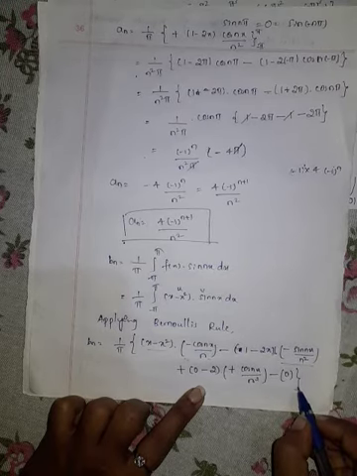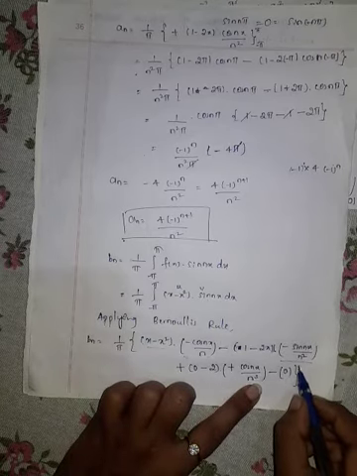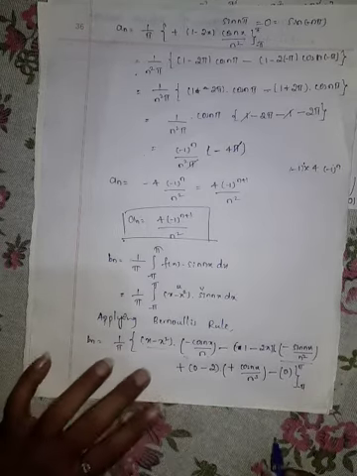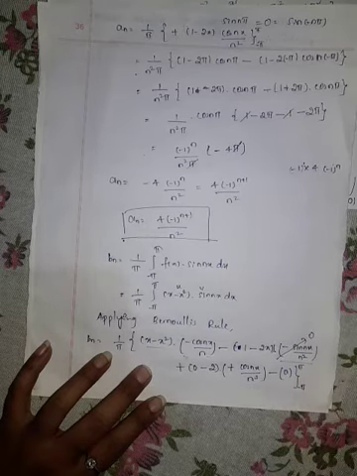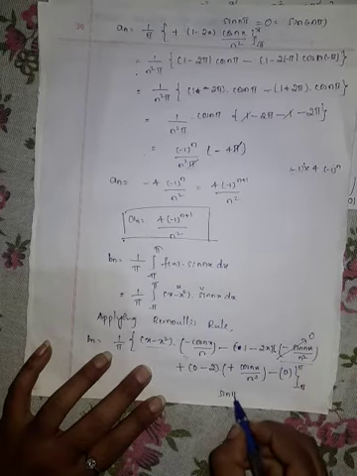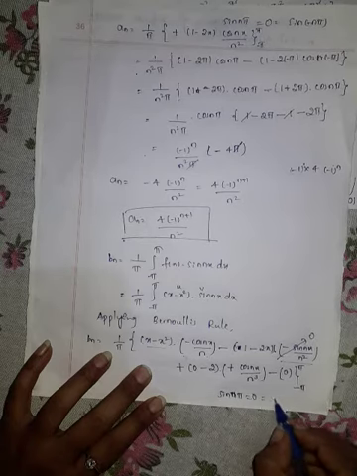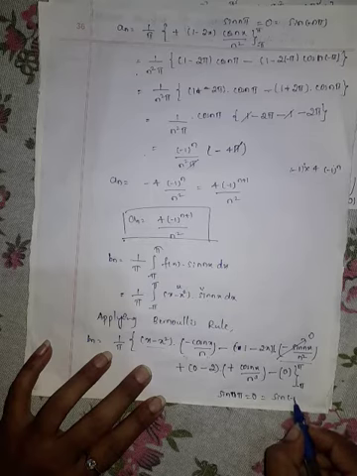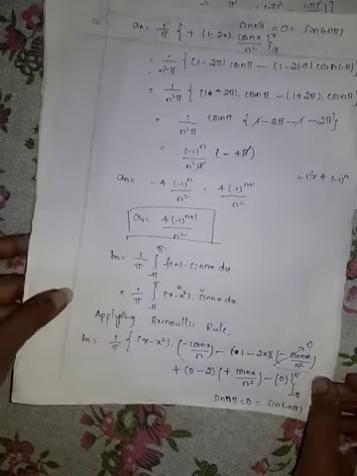Close the bracket. Our limits are from minus pi to pi. You can see here we have sine terms, because sin n pi is 0 and also sin minus n pi is 0. So we can cancel directly this term. So we are left with